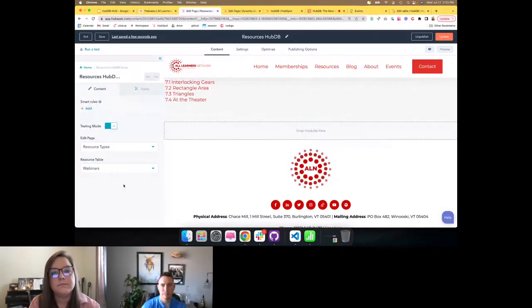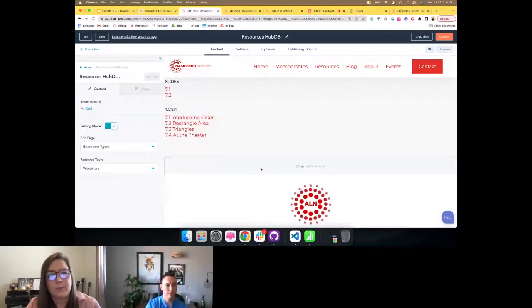Are there any common limitations you run into with HubDB? Yeah, so it's not a good fit if you want to do a lot with the styles. If each page needs to be vastly different, here, this is a good way to drop in a few modules at the bottom, and then those Kid Strong pages had some ways to have global content that was controlled at the page level, but